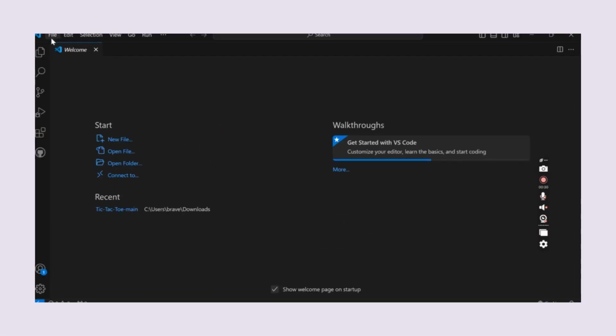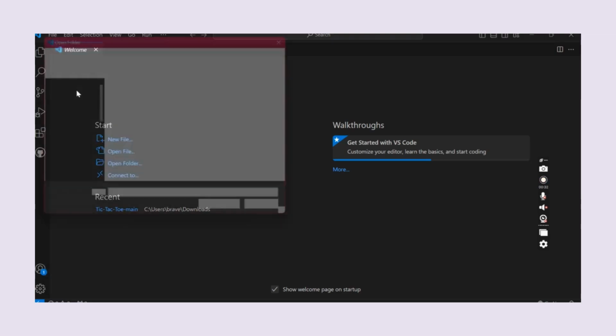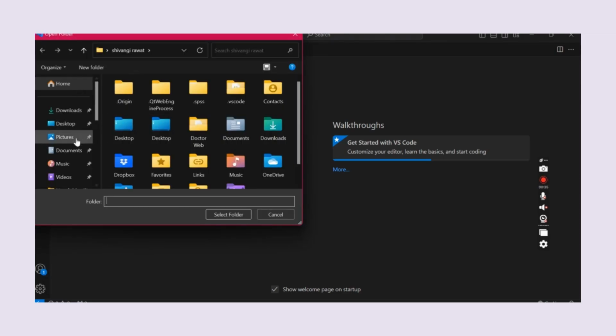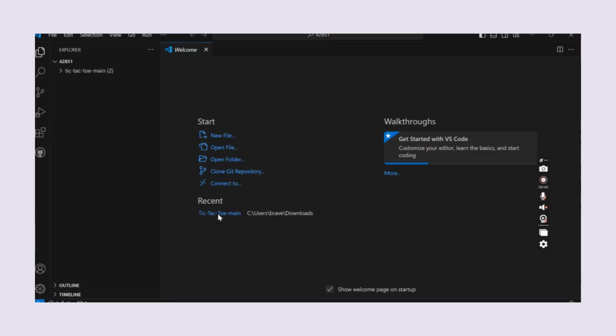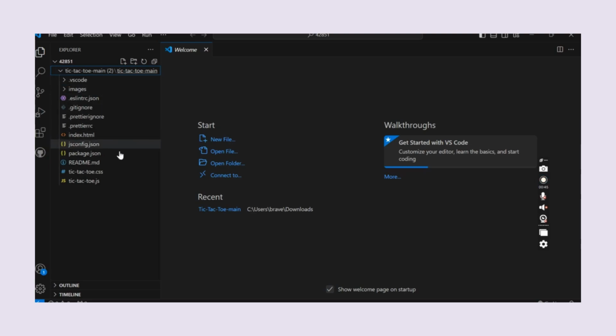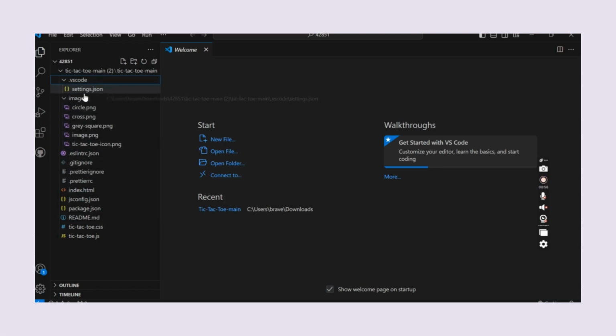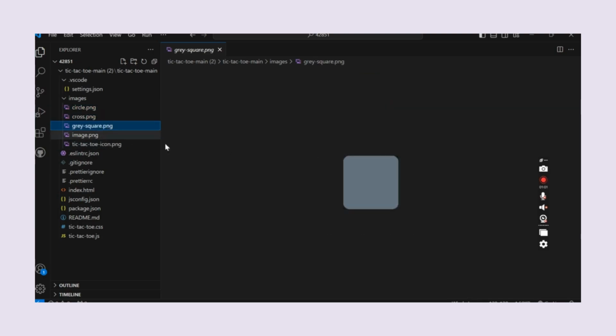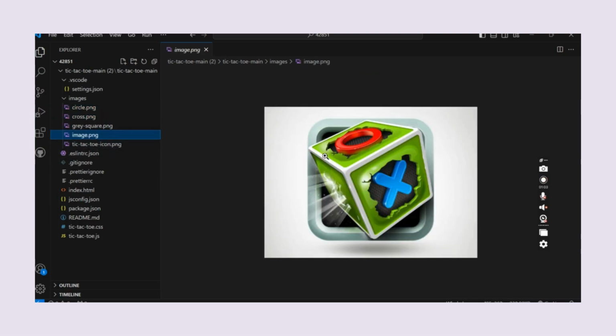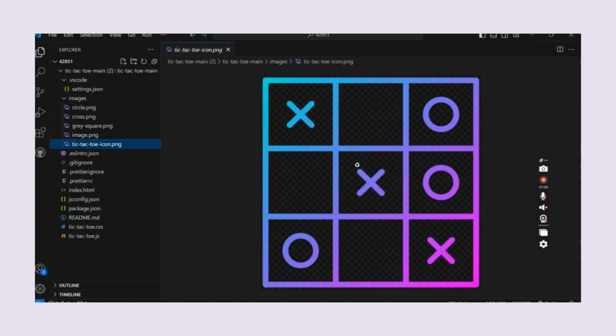So here on the screen you can see I had created an application, and to run my code I'm using Visual Studio Code. On the screen you can see that I had used different types of images as well as different types of code. I had mentioned my GitHub repositories as well as the tools and every detail in my report, but here I'm showing you the things which I had used to run my application and my